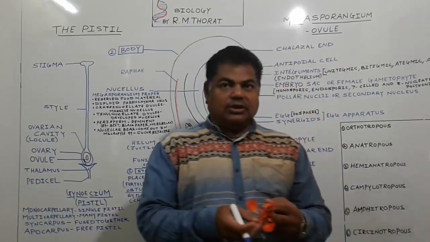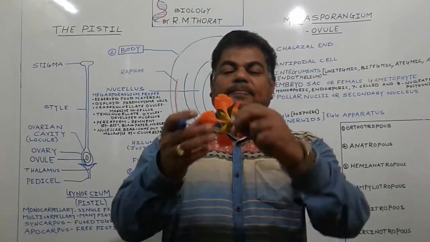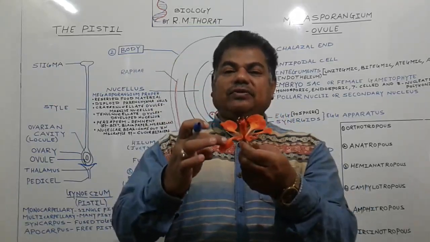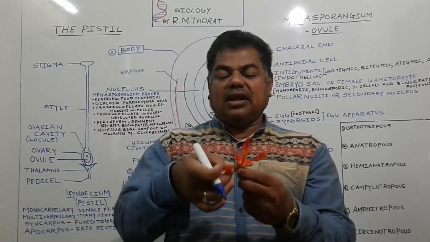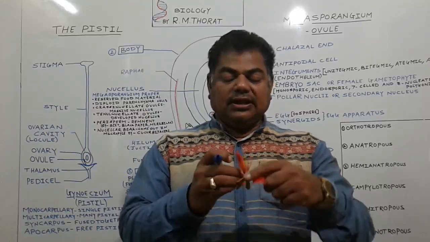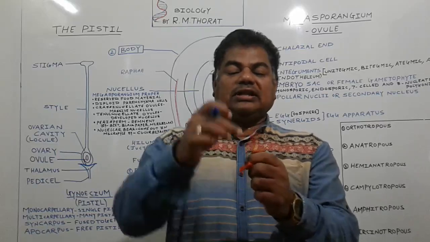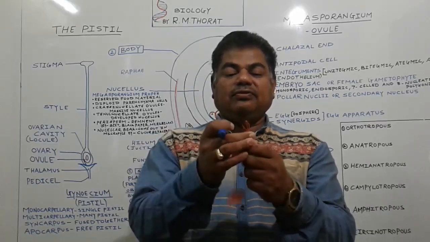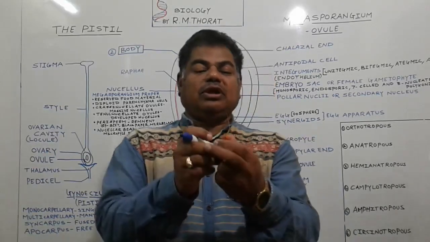Now in the case of this flower of Delonix regia, this one is the outermost whorl, calyx. Then this one is the next whorl, we call it a corolla. These two whorls are the accessory whorls. And besides these accessory whorls, in this flower, these two whorls are the necessary whorls. One is the androecium, this one, and the second whorl we call the gynoecium. Gynoecium is the innermost whorl of the flower.